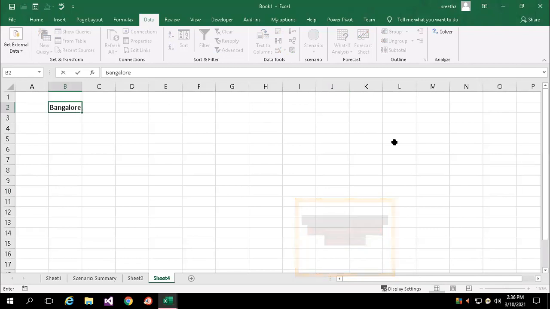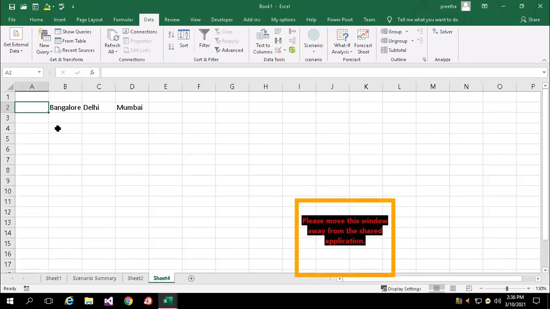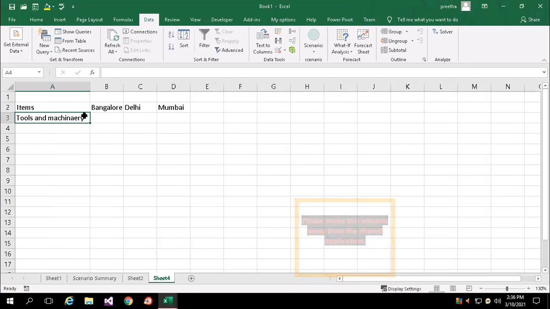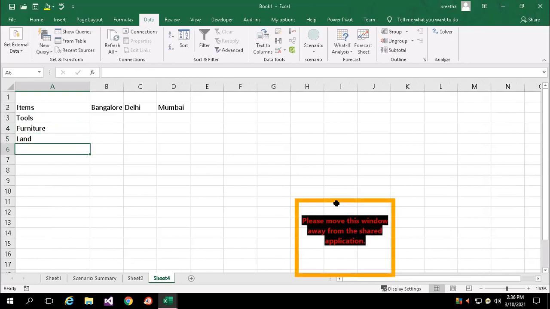If I wanted to invest in Bangalore or Delhi or Mumbai, I just write tools, then furniture, then land, then building.